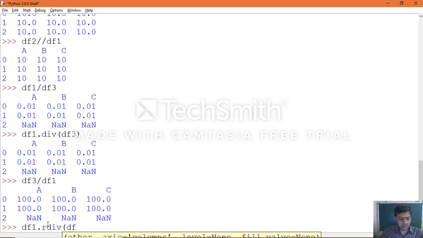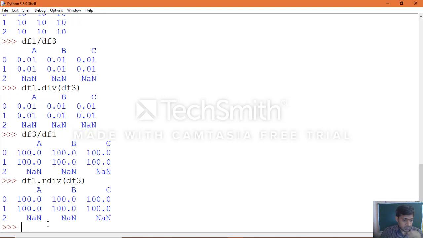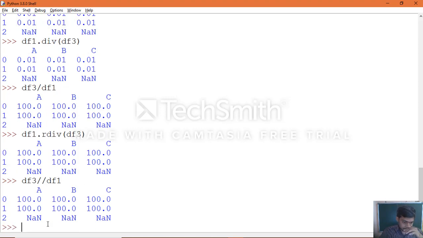Now see the output. When you apply normal floor division here, you would expect integer values. Let's see. But even with floor division you see float values, because the indexes don't all match, there are non-matching indexes. That stores a NaN value, so the result is automatically upgraded to float.